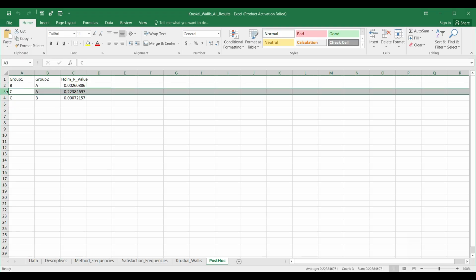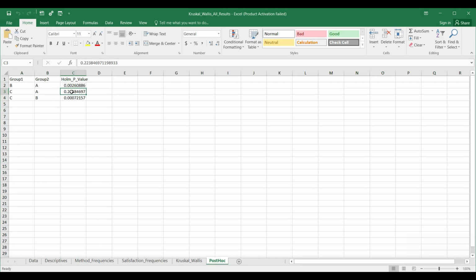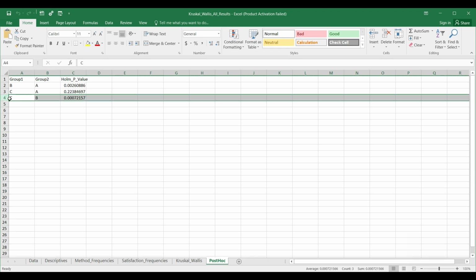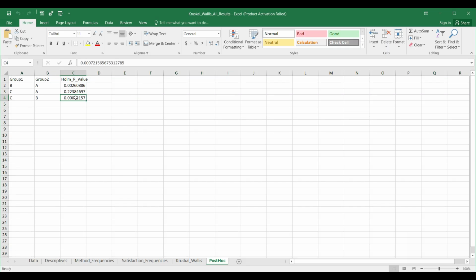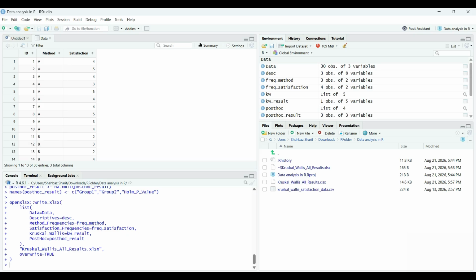However, in case of satisfaction score between C and A methods, there is not a significant difference because the p-value is greater than 0.05. And on the other hand, you can see there is a significant difference from method C to B because the p-value is less than 0.05. In this way, we perform the Kruskal-Wallis test in